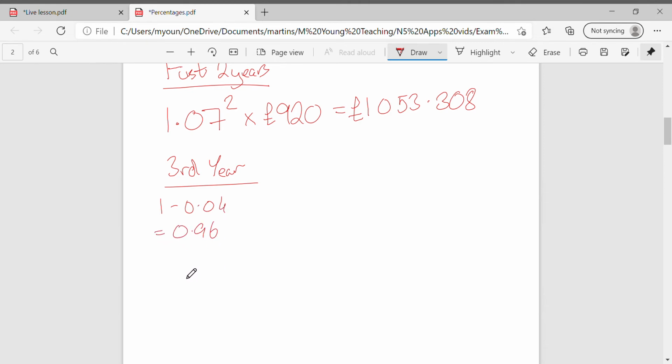It's only for 1 year, this one, so there's no power, and it's times the amount we finished off with after 2 years. Make sure you're comfortable with that, right? Compound interest, you're using the value you finished off with, or you started the year with. Put that in the calculator, so it's 0.96 times 1053.309, and I'm getting